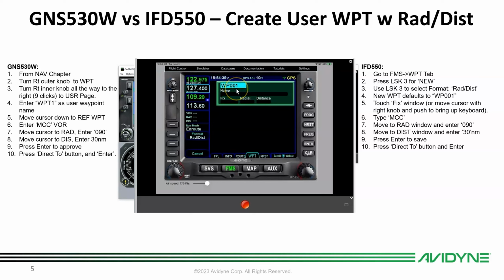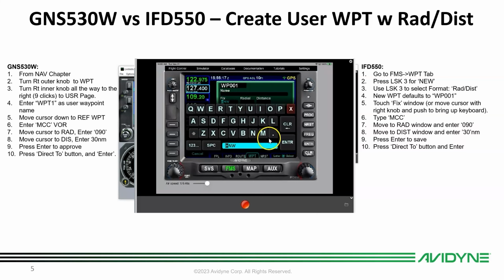It automatically defaults to waypoint 1. We can name it something else. We can also give it an alternate name like Tom's House or whatever, but if you want to fly direct to it or put it in a flight plan, it has to be the WP number. So we'll just leave that. I'm going to come down here. I can either move the cursor using the big knob, or I can just touch the window. And again, I can push enter on this button, and I can use the outer knob and the inner knob like you did on the 530, but it's a heck of a lot easier if you just touch the window and type in